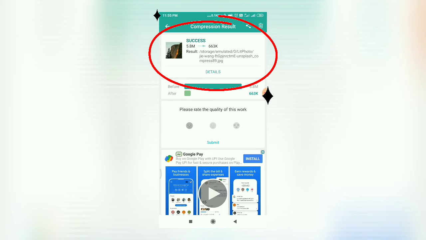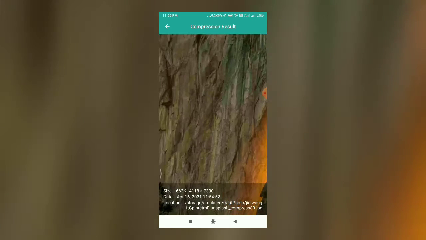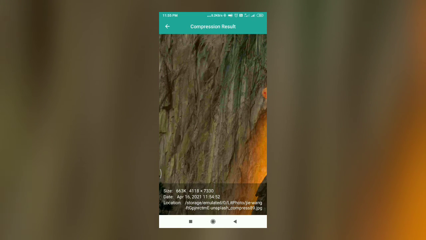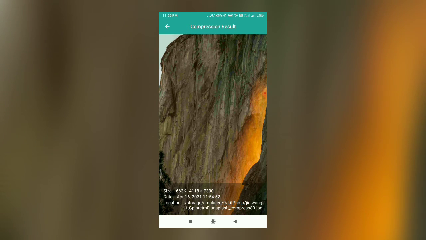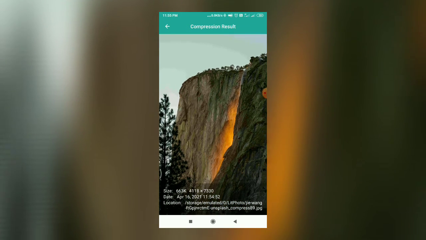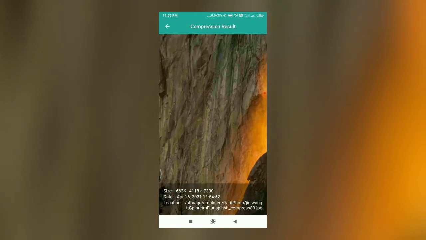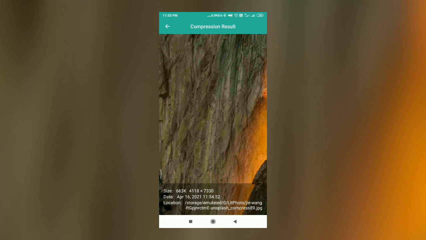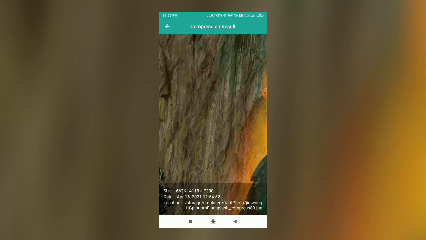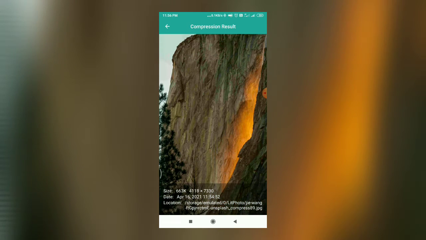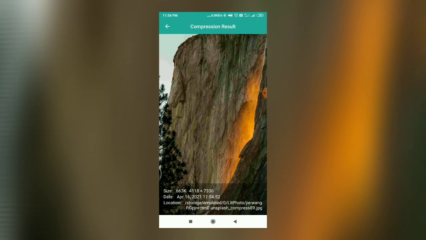So you can save tons of space by compressing all your photographs with this application. So where this compressed photo is available, so you can see here the path is given. See here friends, the quality is still available as it is, but size of photograph is getting reduced. You can see the resolution is maintained here. You can see all details at this bottom, because we have maintained the resolution of our image while compressing it.